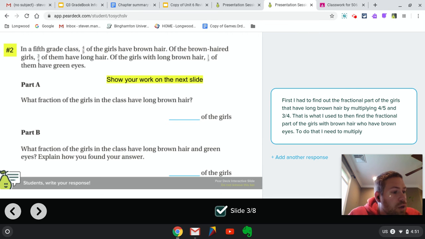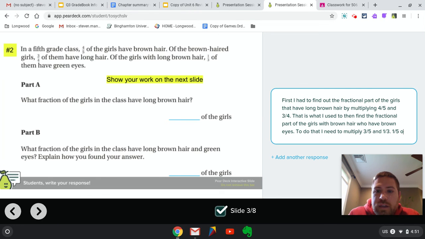It was 3/5, because that was our answer to the first one, and 1/3, because that's the fractional piece of the girls with long brown hair who have green eyes. So we came up with an answer of 1/5